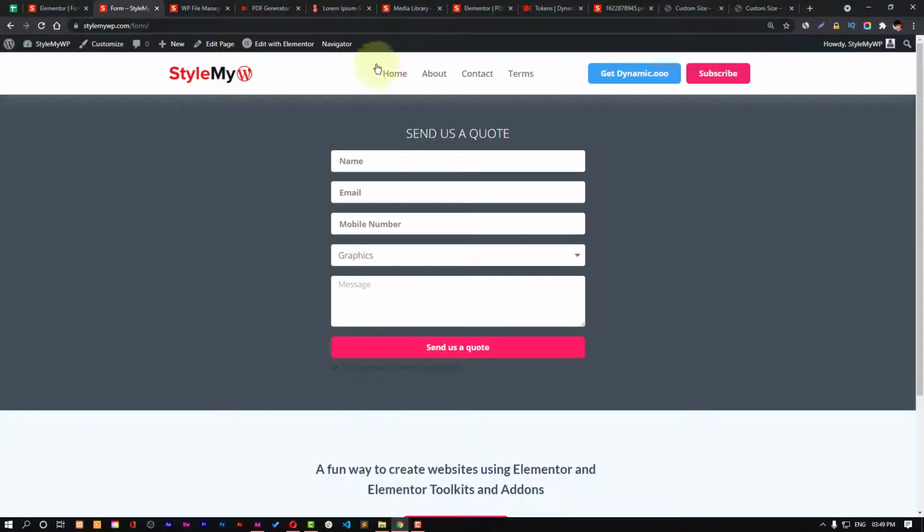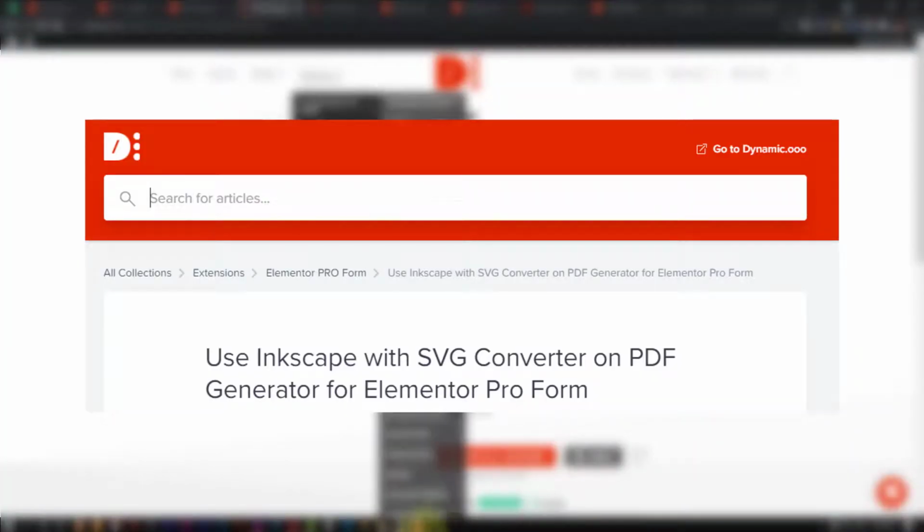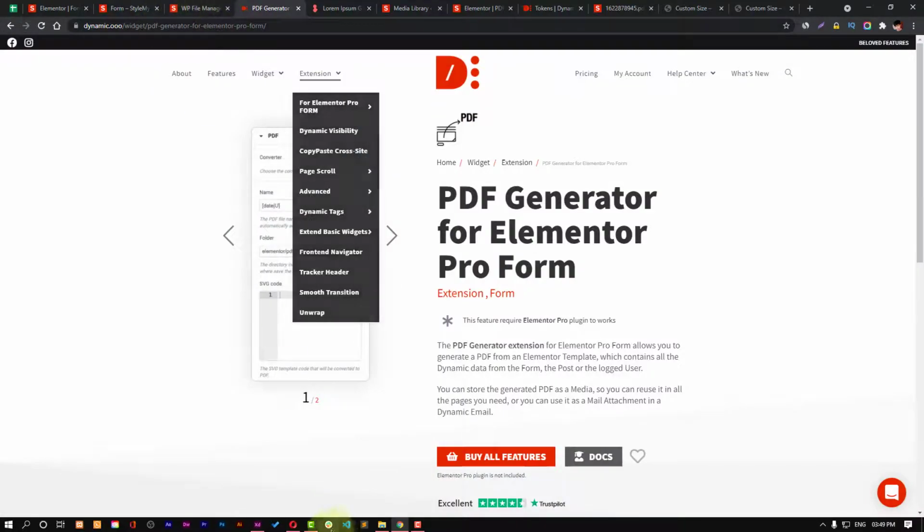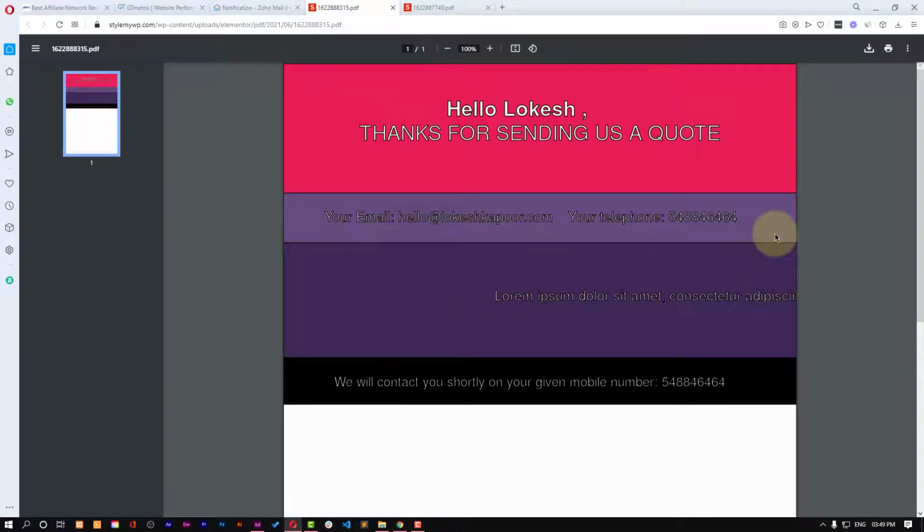They have already suggested an SVG editor, so if you use that, it will come out much finer than what you see here, right? So these are both the options. You can use one SVG and one Elementor template, right?